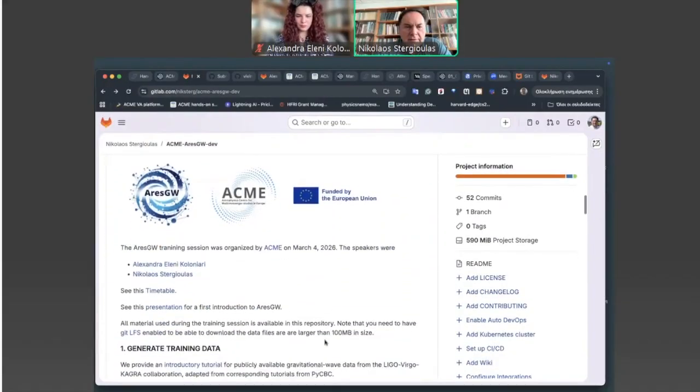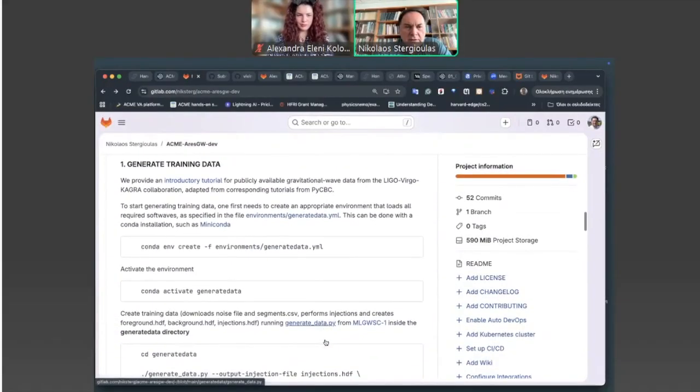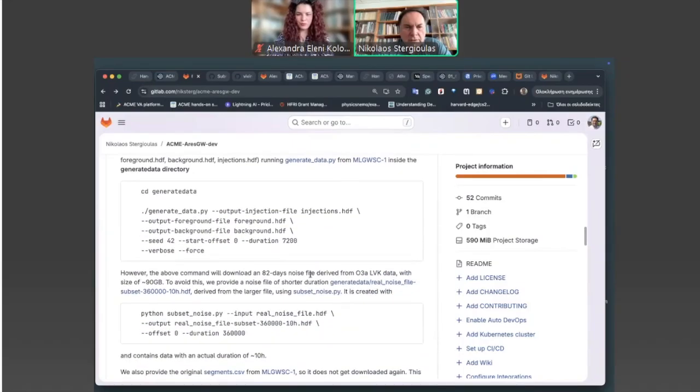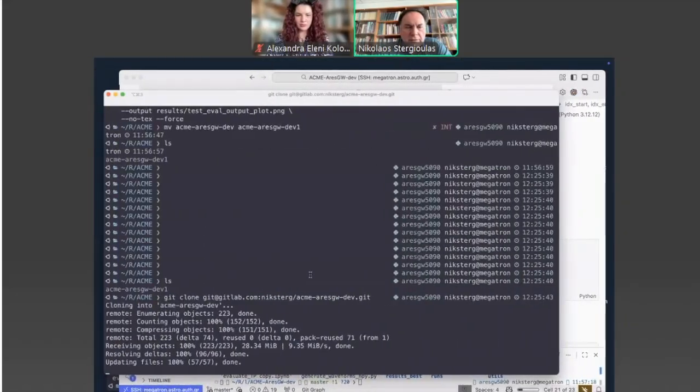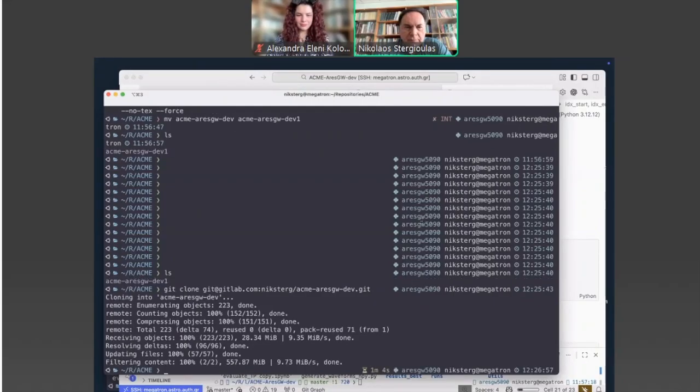And then what we will see is how to create exactly this first environment that will allow us to run the different codes subsequently. Okay, so maybe another minute and it will be done. Yep, here it is.